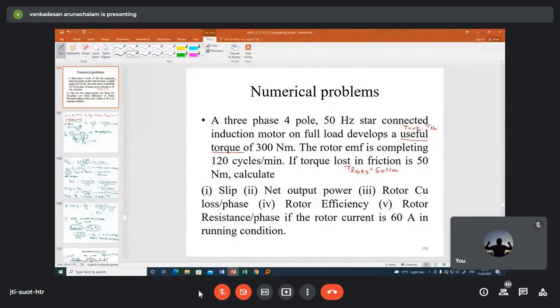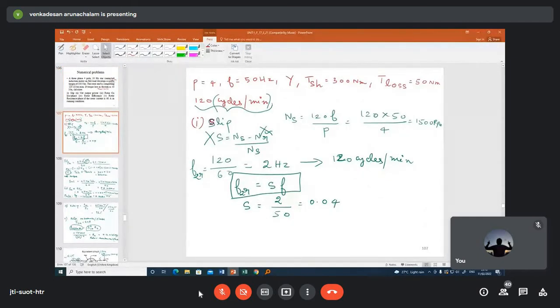So first we need to calculate the slip. You see here, this is the given data I have written. P is equal to 4. Everything I have written here. Now we need to calculate the slip. Slip is nothing but Ns minus Nr by Ns. That is the value of slip. But here we do not know the rotor speed. Rotor speed, it is not given here. But Ns, it is available